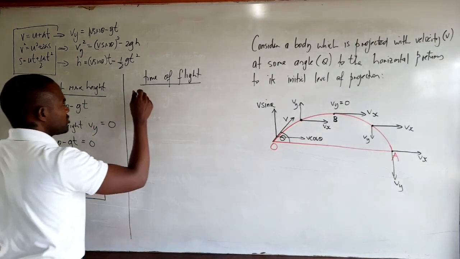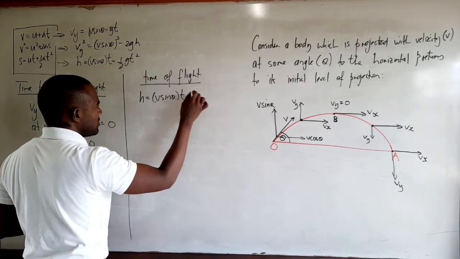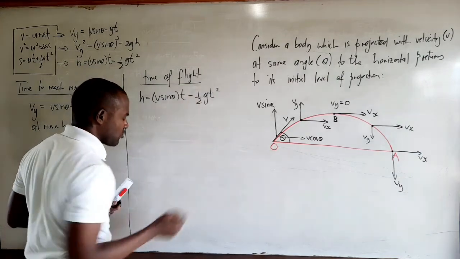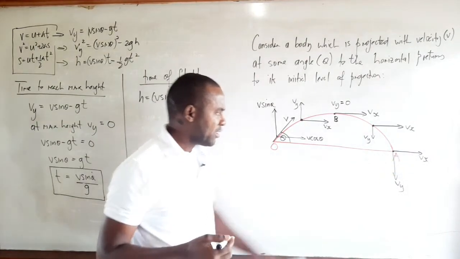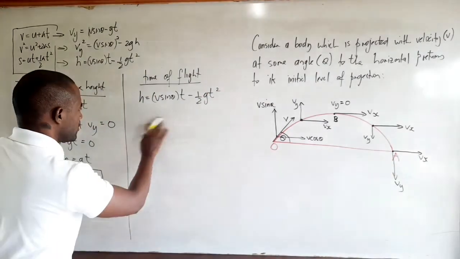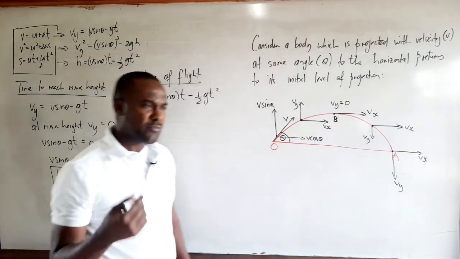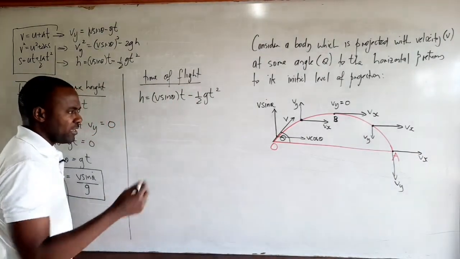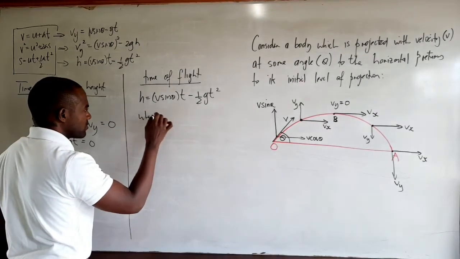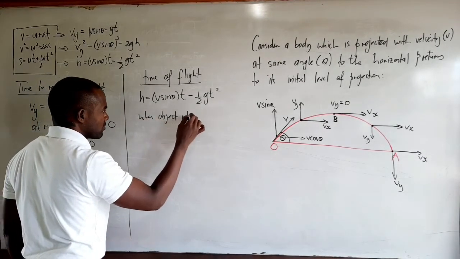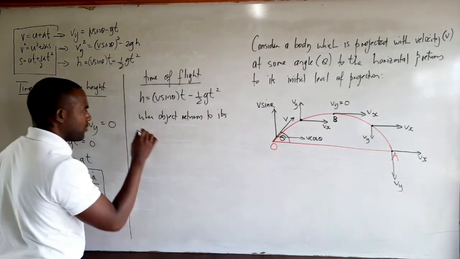So we can say that h is equal to v sine theta times t minus a half gt squared. So basically, when the object returns to the same level of projection, its net vertical displacement is equal to 0, right? So when it returns to its initial level of projection, the net vertical displacement is equal to 0, and therefore h is equal to 0, right? So I'll just write this in a shortened form. So when the object returns to its initial level of projection